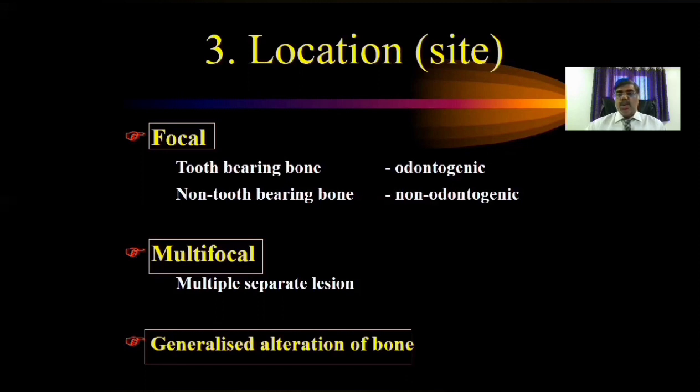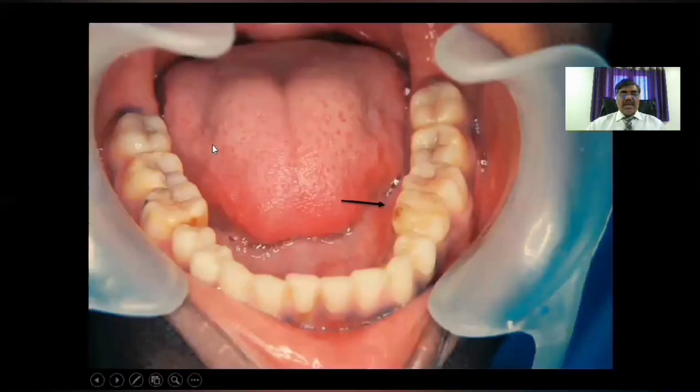Now let me show you an example of how a site can give you a diagnosis. Here is an intraoral picture. You can see a missing second premolar and a retained deciduous molar. This is a lateral oblique view of the same patient, showing the impacted second premolar and a pericoronal radiolucency. Surrounding the crown, there is a unilocular radiolucency that ends almost at the cemento-enamel junction, and it looks like a dentigerous cyst.